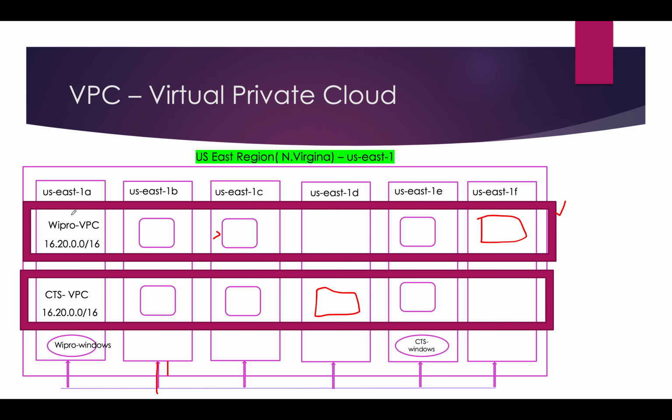Now you have your own VPC, CTS has its own VPC, and I have my virtual machines. Now if you want to communicate from your home as a user, you created an instance, but you need to get inside. If you want to go inside the VPC, you need some communication, right?